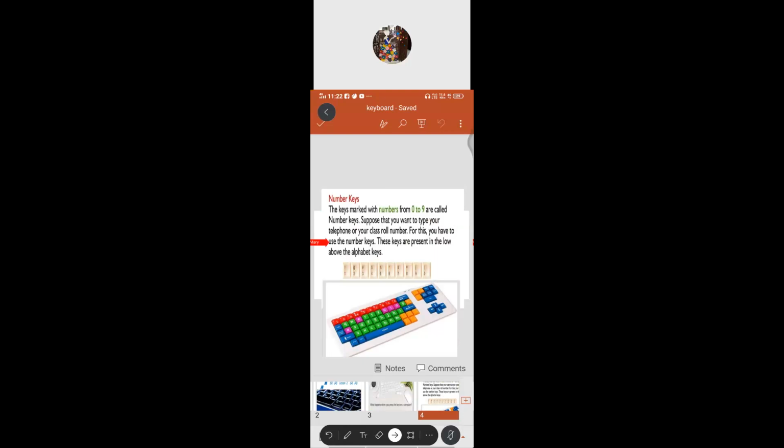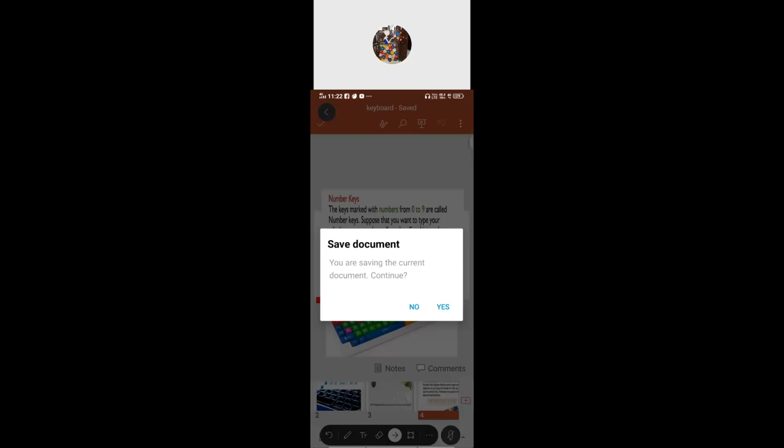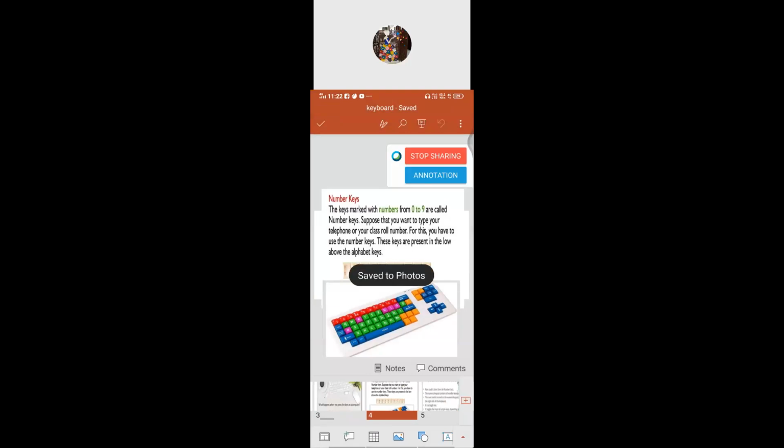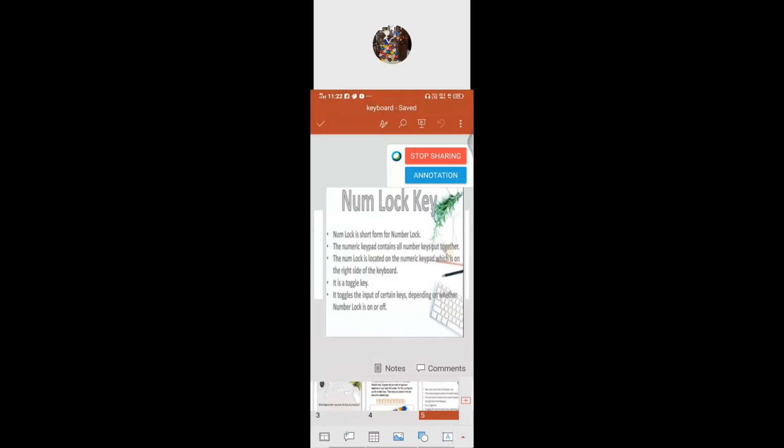These keys are present in the row above the alphabet keys. So these are what we call number keys.